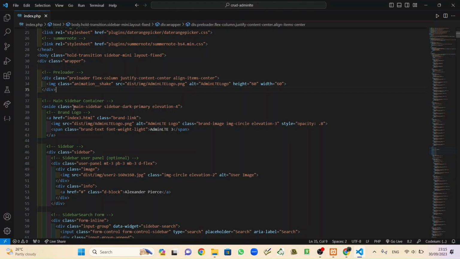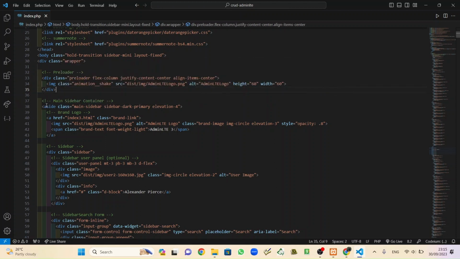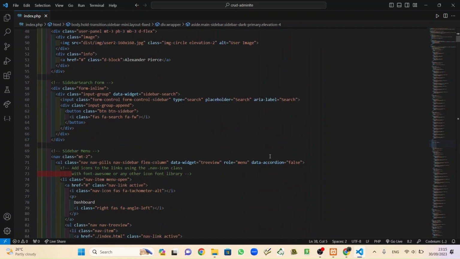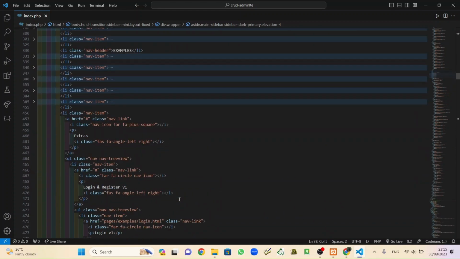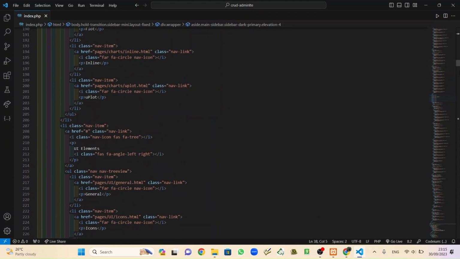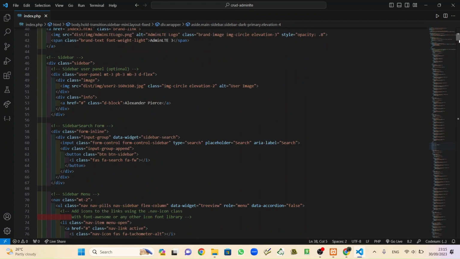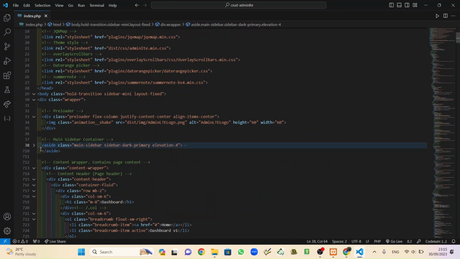So back to the VS Code, and this aside. Okay, just click it. When we search for the close tag here, oh, it is long, right? So what you need is to minimize and copy.